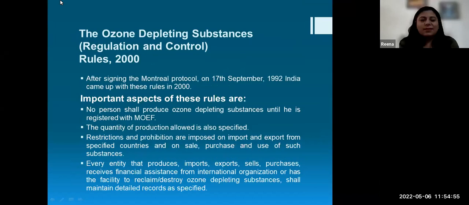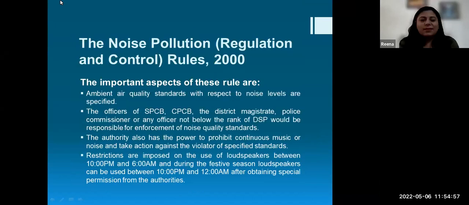But you should be aware of what kind of laws and rules there are in the implementation of environment management, so that all these rules and provisions can be utilized in a proper manner at a proper time and place. They can be implemented only if the stakeholder is aware of these rules and regulations.